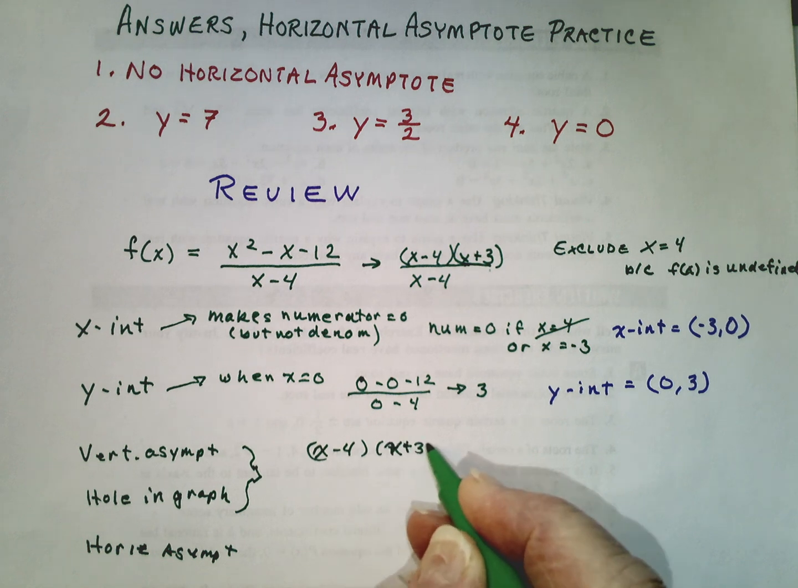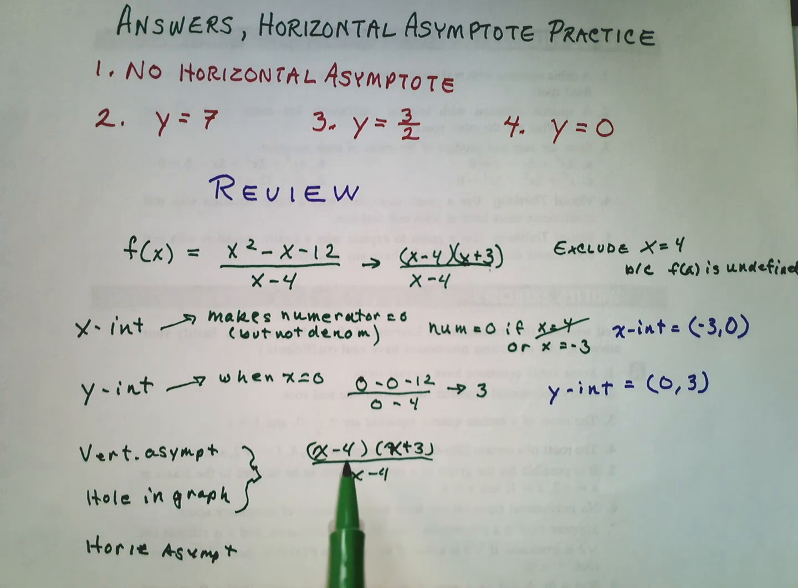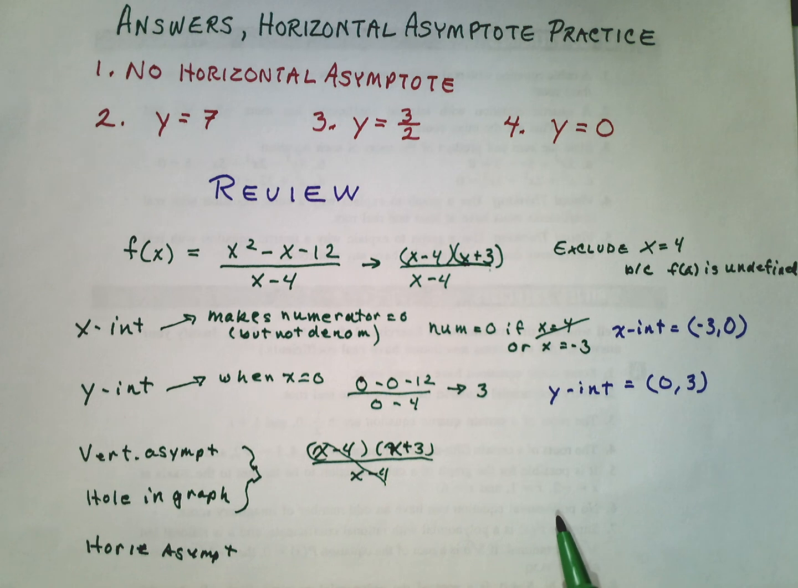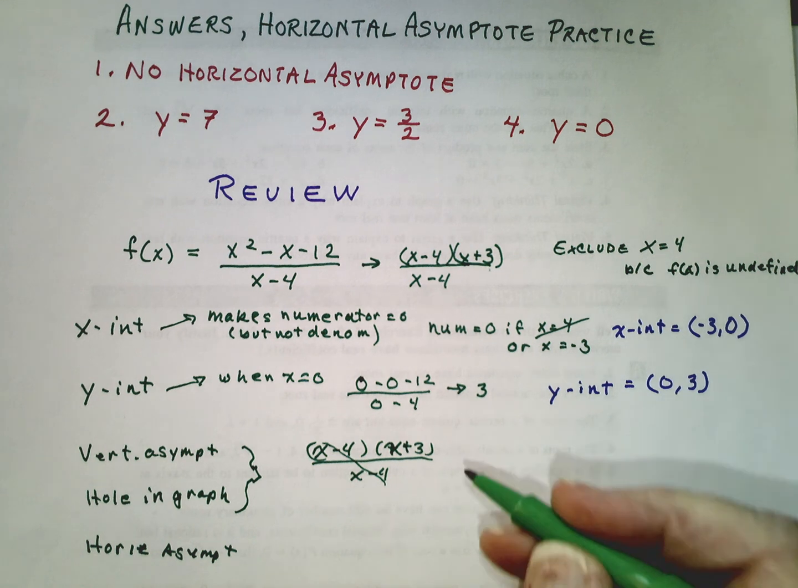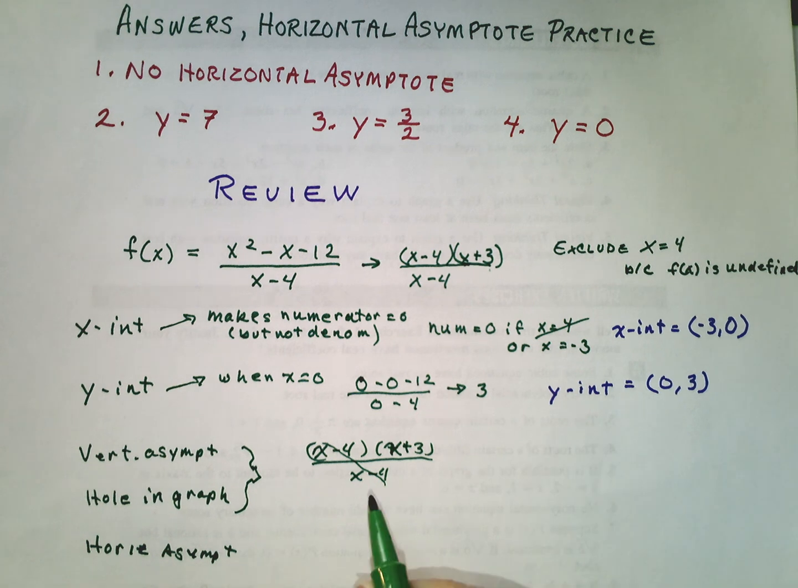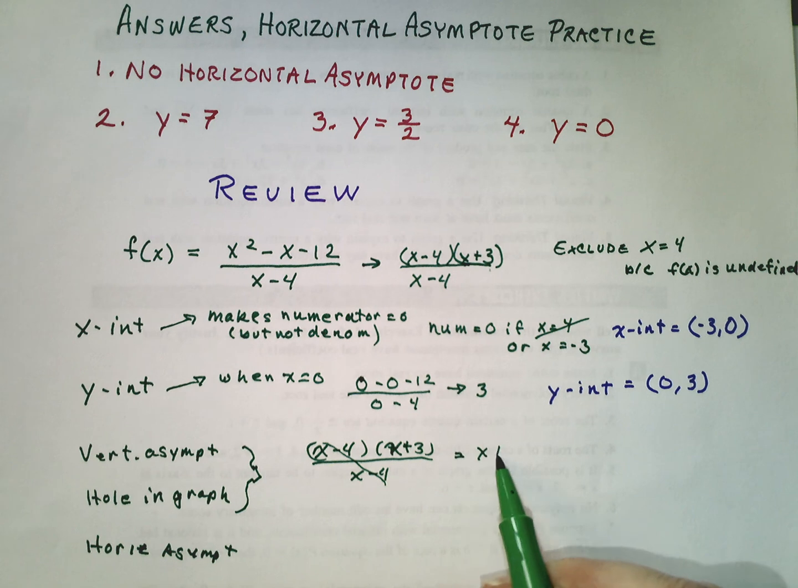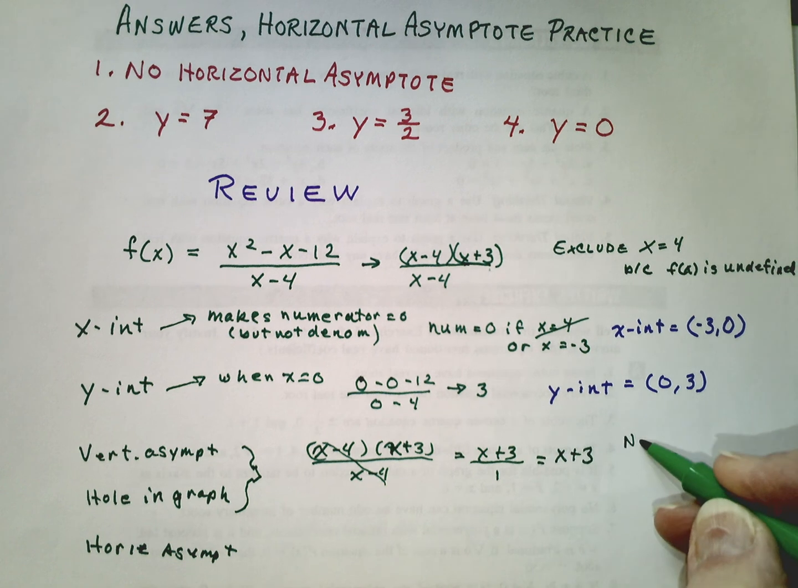And the x minus 4s cancel out, which means we may have a hole in the graph at x equals 4. Now, I'll come back to that in just a moment. When we cancel out the x minus 4s, we just have x plus 3 over 1, which is x plus 3. There's no vertical asymptote here,